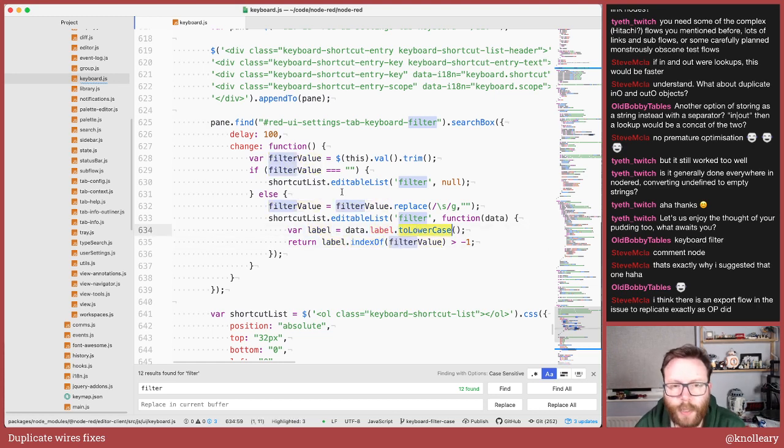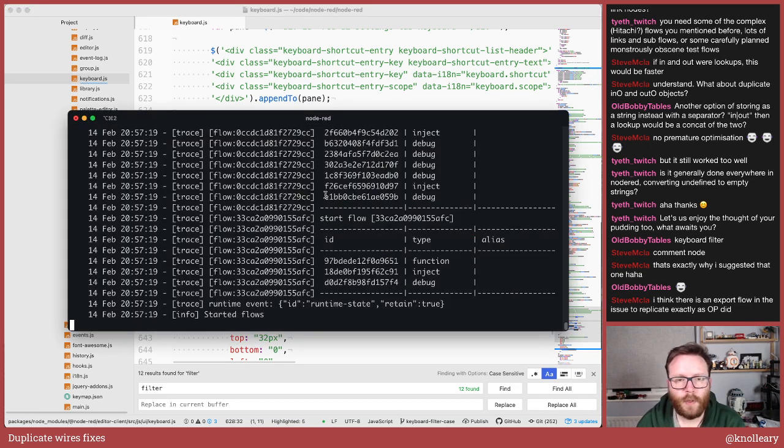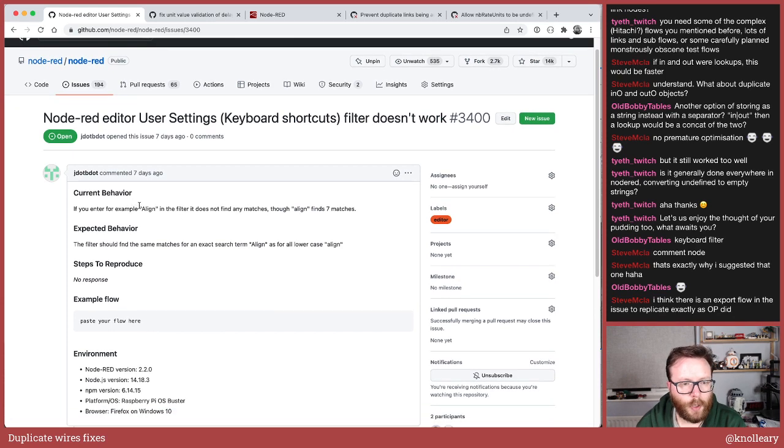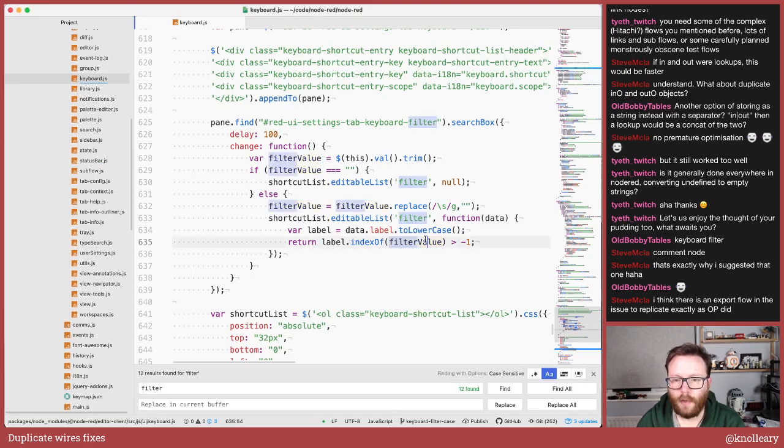Oh, but the problem being, if filter value, yeah, okay. We lowercase one thing, we don't lowercase the other. So the bug being, if you filter with a mixed case word, it's not matching. And that's because we lowercase the label, but we don't lowercase what we're looking for, which is filter value. That makes sense. So if we just add in a dot toLowerCase,